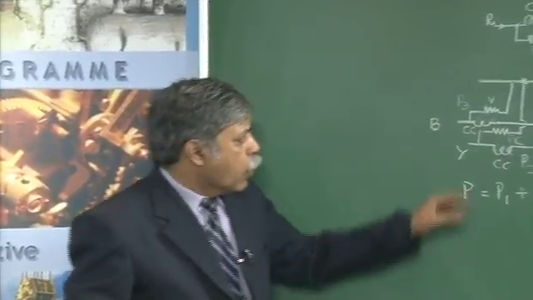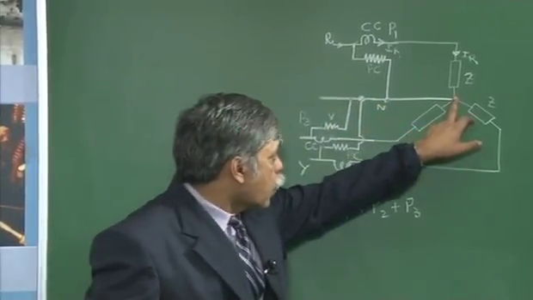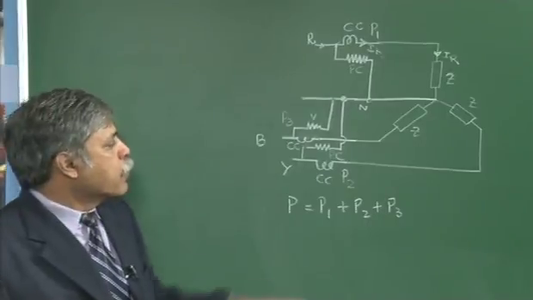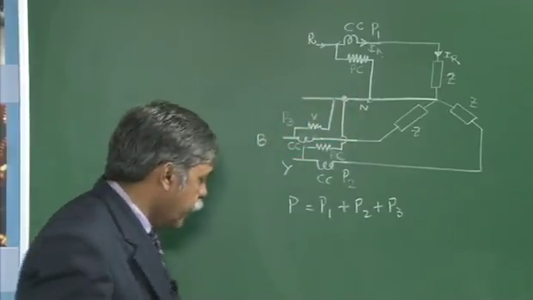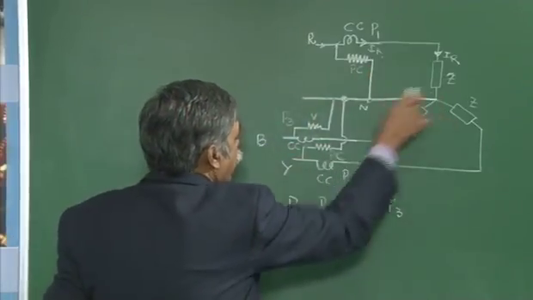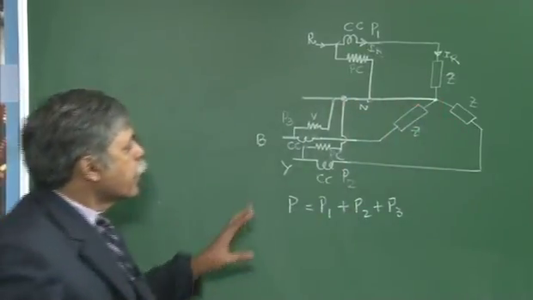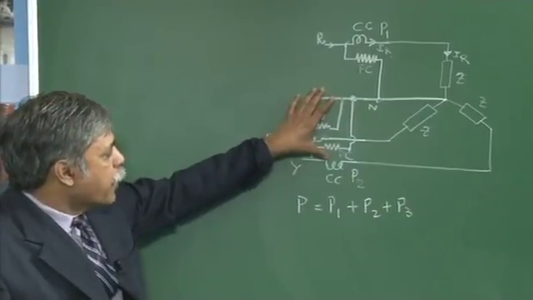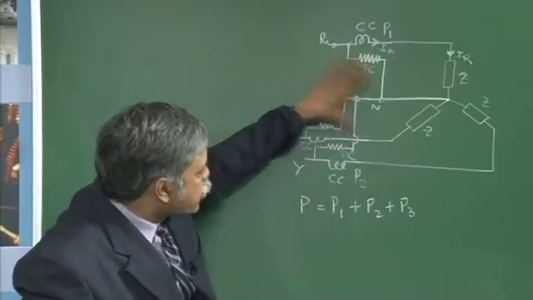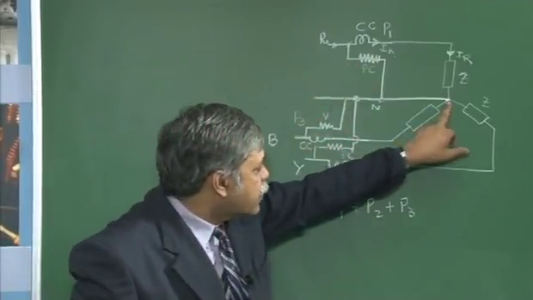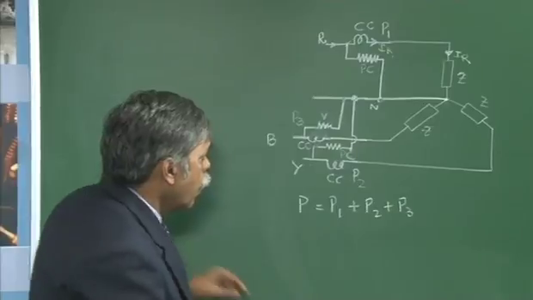Now it is also possible for me to connect all these 3 points to this particular node, that also is possible. Generally, to give a good impression for the diagram, we show it like this. Otherwise, it is possible to connect this point to here, similarly this point to here and this point to here. So if I want to use this 3 wattmeter method for measuring the power, I need to connect the potential coil in this fashion only. That means there should be access to this particular point, which is called the star point of the load.